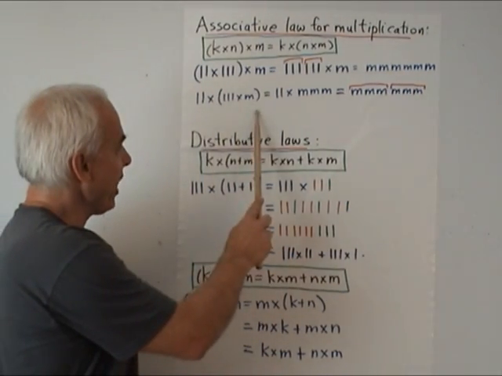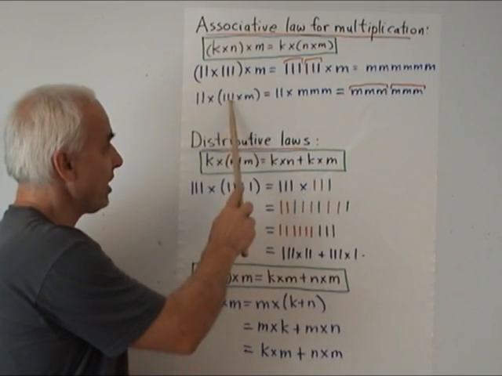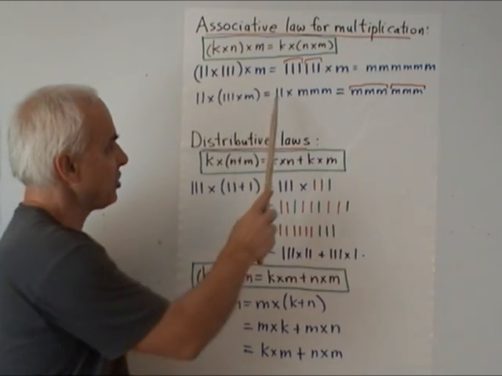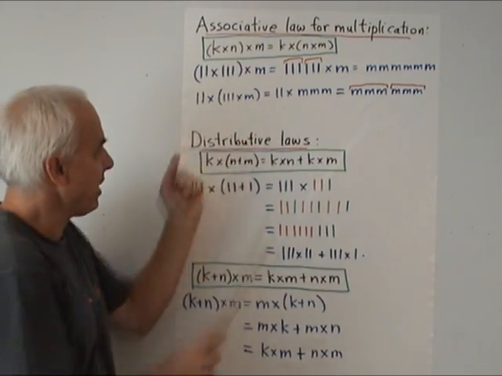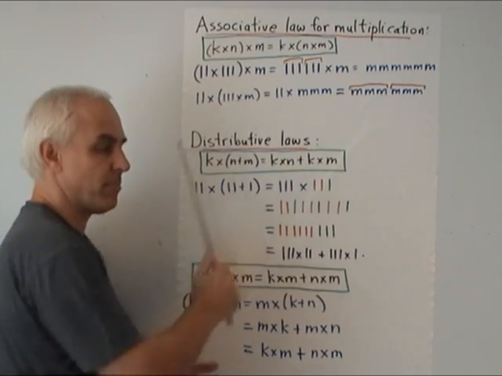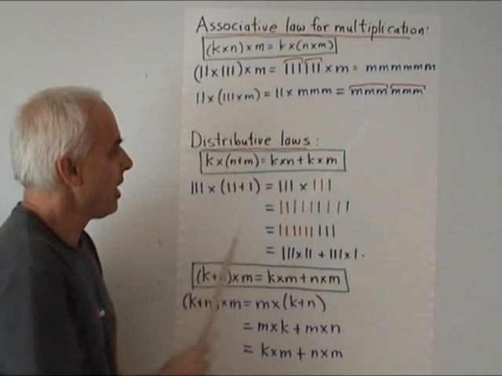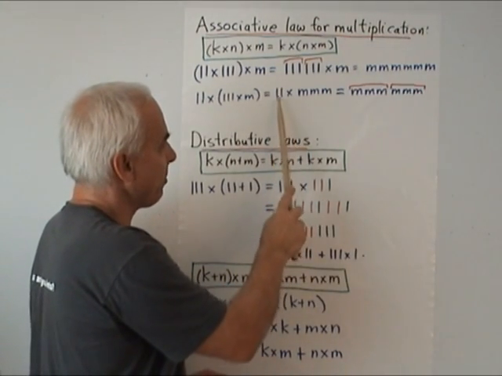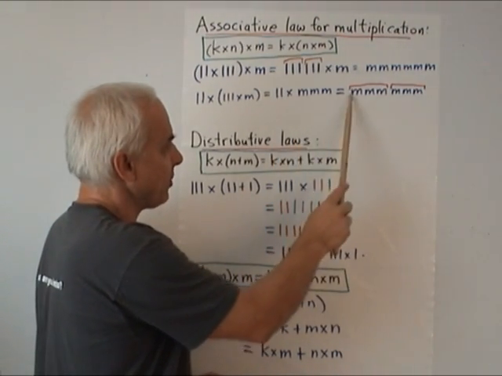When we do it in the other way, it's 2 times 3 times m. So that's 2 times, what is 3 times m? It's what you get when you replace each of the ones here with an m. So m. We get 2 times m, that means we replace each one of these with a copy of those, so we get m.